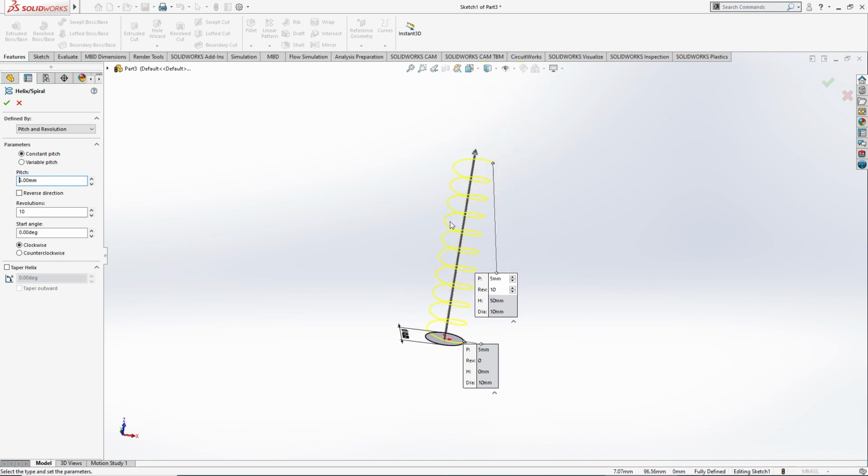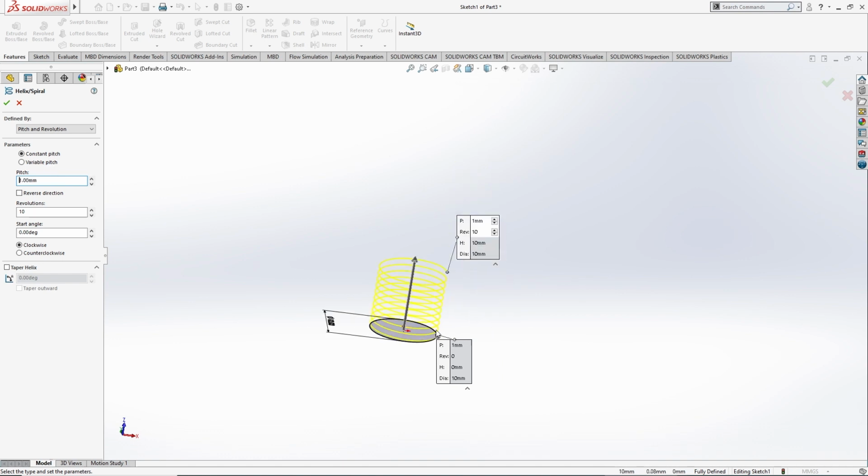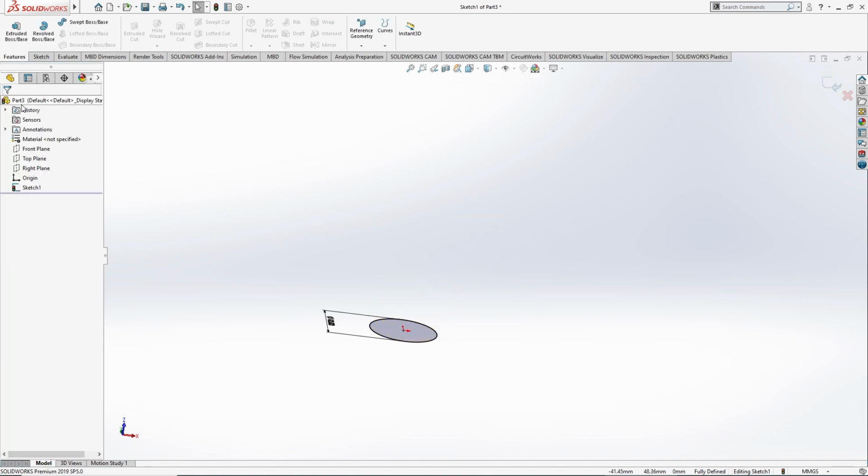So there are two types of spring. I already told you about the compression spring, and then we have the elongation spring, which is also called the extension spring. I will go for the compression spring. In a compression spring, the pitch is about 2 mm, and 5 mm is better. But in an extension spring the pitch is much smaller, about 1 mm. I will show you the difference between these two springs.